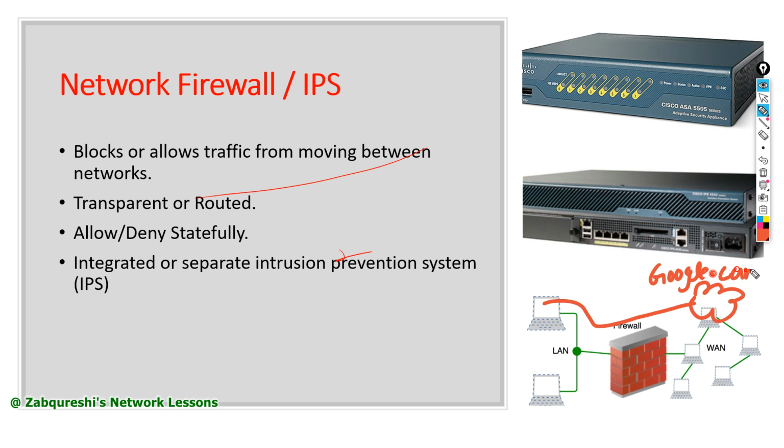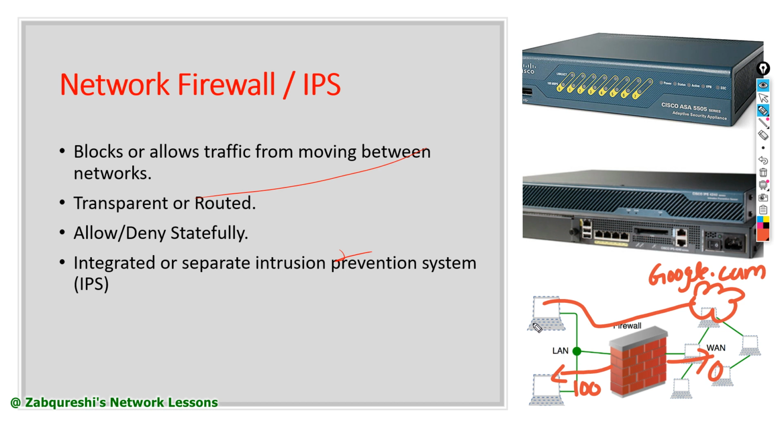So there is something on the firewall called zones, or security levels. For example, the inside you can set to 100, and outside you can set to 0. So what the firewall does in a stateful mode